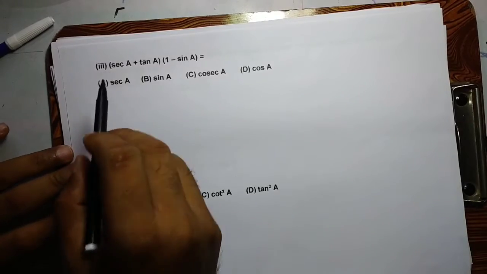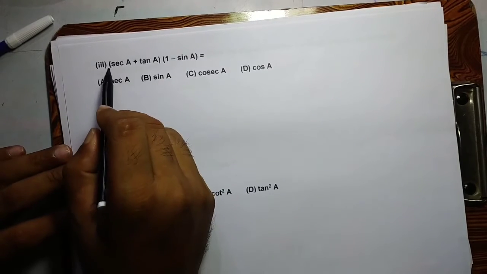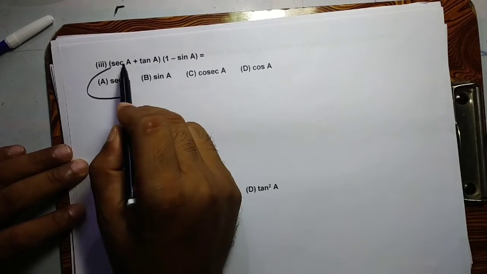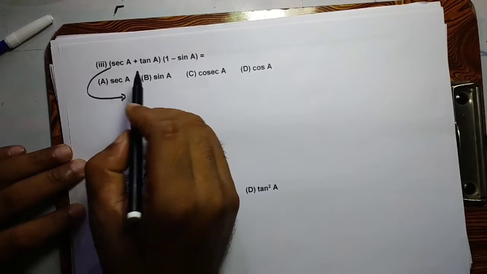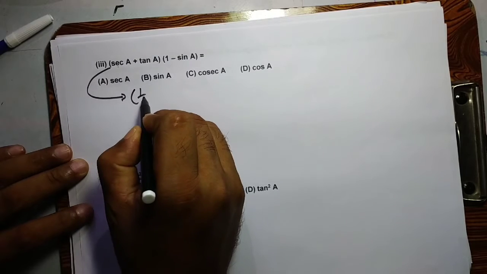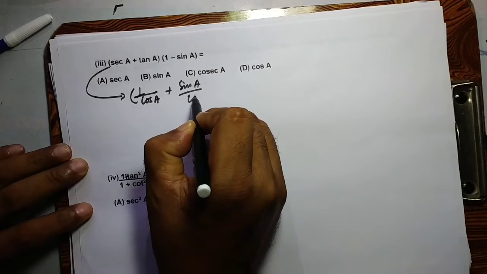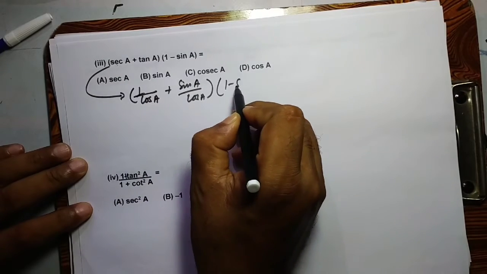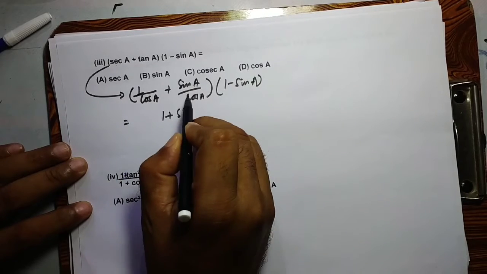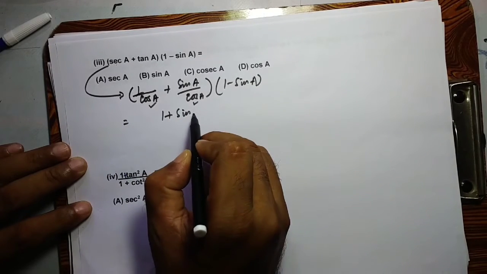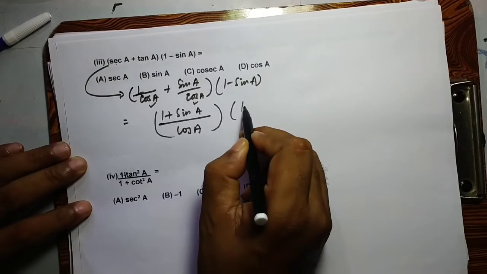So the third question, they are saying find out the value again: sec a whole of tan a, 1 minus sin a. So let me do it in one form. This is 1 upon cos, so let it convert into sin and cos form. So this is 1 over cos a and this is sin a over cos a whole into 1 minus sin a. So in this case, what will happen? So 1 plus sin a, because the denominators are both the same, so the LCM will be the same. So sin a over cos a, then whole into 1 minus sin a.